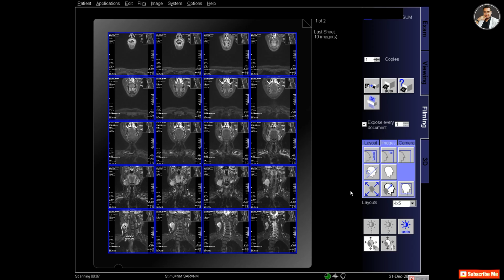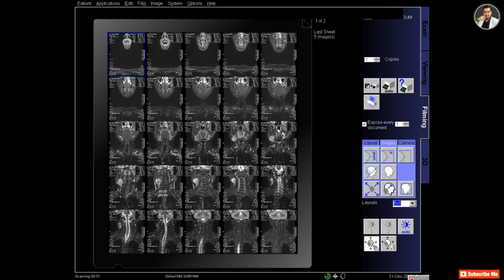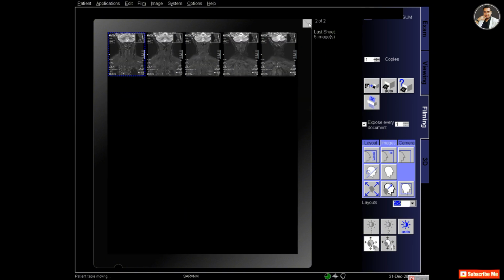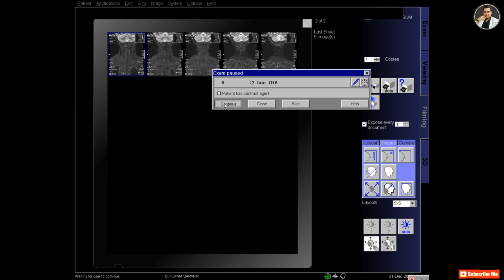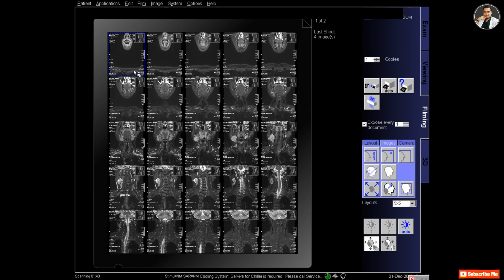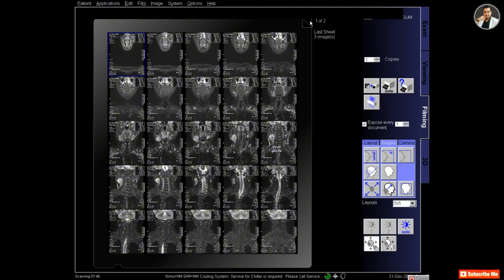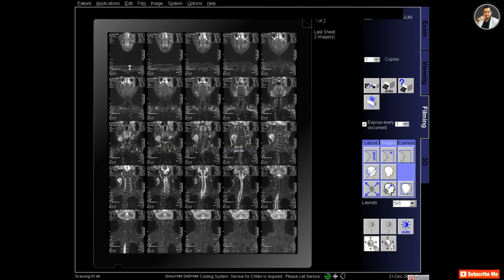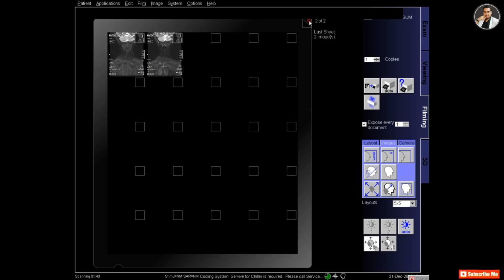So I have to change the layout of the film from the layout option 5 into 5, and that means 25 images will fit in the film. And I have to delete extra 5 images because there were 30 images in the series, and I have deleted 5 images to make one film.